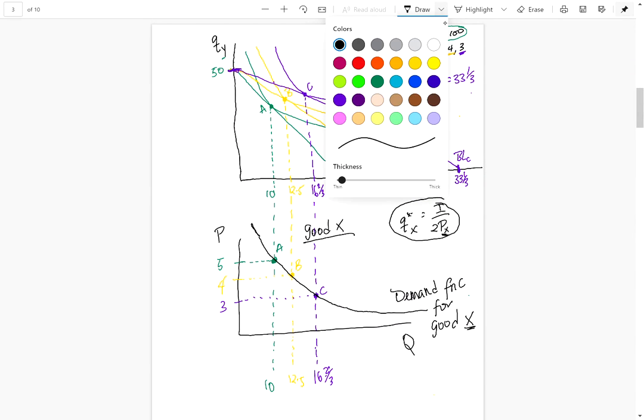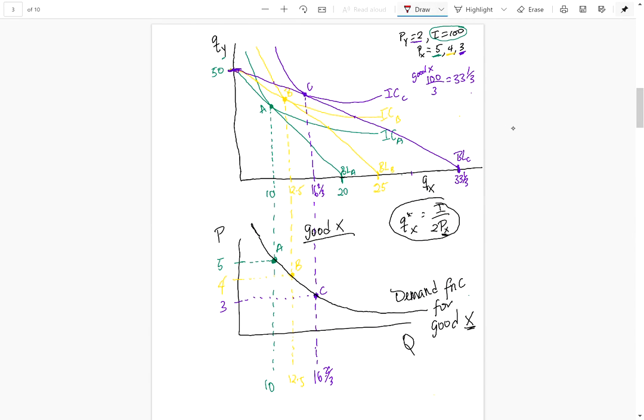The price consumption line shows that the consumer's consumption of both goods